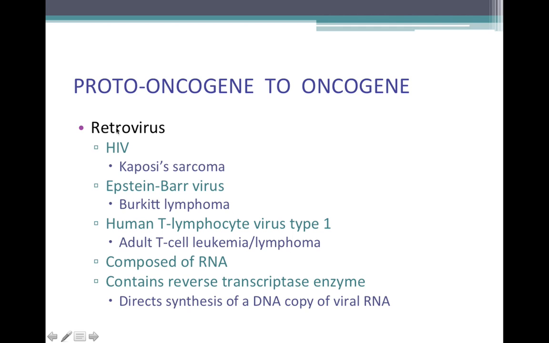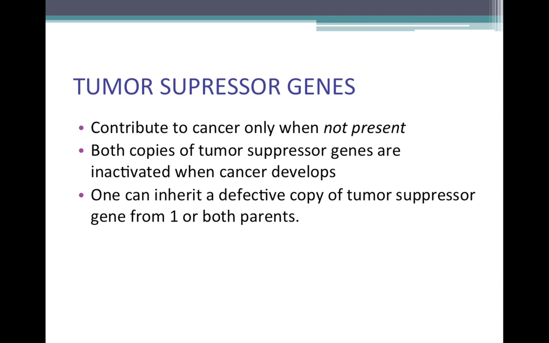Now, what's interesting is that all these retroviruses are RNA viruses, and the way that they insert their genomes into our genome is they have something called reverse transcriptase, which is an enzyme that converts RNA into DNA, and then there's another enzyme called integrase, which can insert that DNA virus genome into our genome, where the virus can actually hide in our chromosomes.